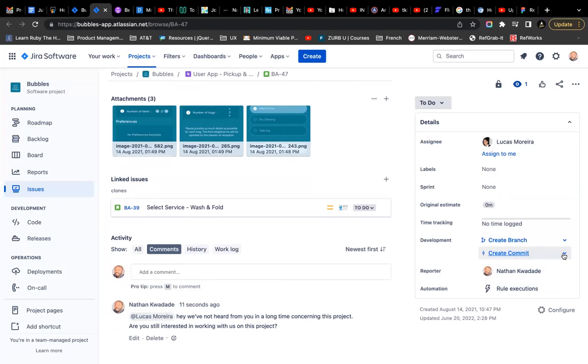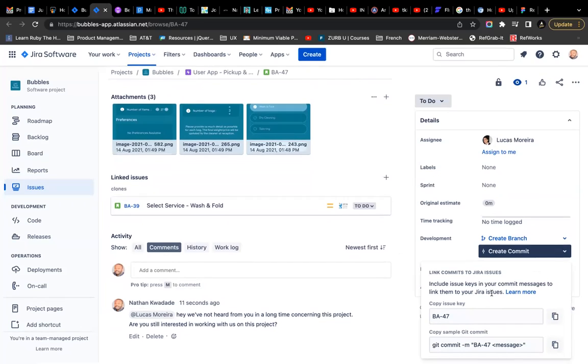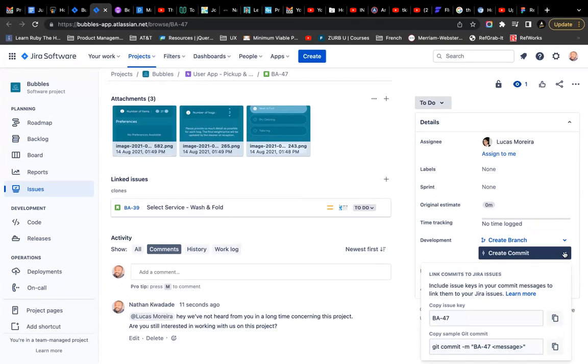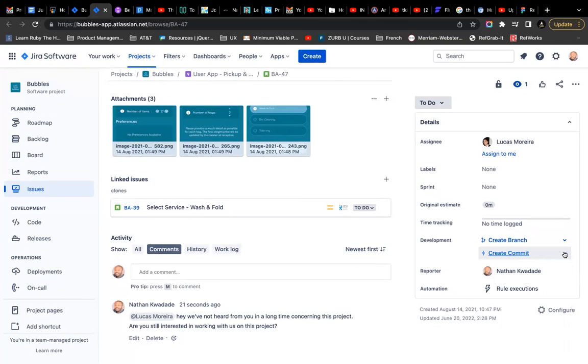Here you can also connect this to GitHub. There's so many things I can connect it to GitHub, which is the place where developers push their code, or the development branch. Here we can estimate how long it will take. Maybe we say to do this, it will take us